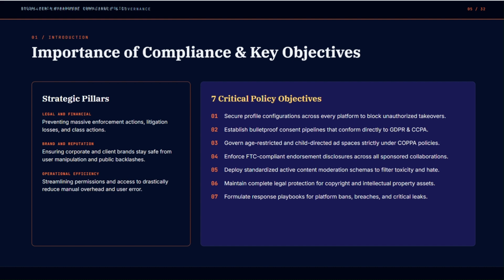The 7 critical policy objectives are: secure profile configuration across every platform to block unauthorized takeovers; establish bulletproof consent pipelines that conform directly to GDPR and CCPA; govern age-restricted and child-directed ad spaces strictly under COPPA policies; enforce FTC-compliant endorsement disclosures across all sponsored collaborations; deploy standardized active content moderation schemes to filter toxicity and hate; maintain complete legal protection for copyright and intellectual property assets; and lastly, formulate response playbooks for platform bans, breaches,